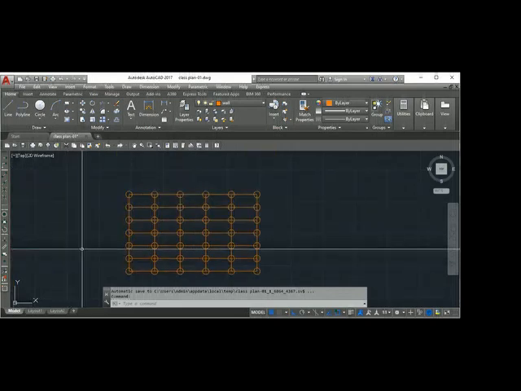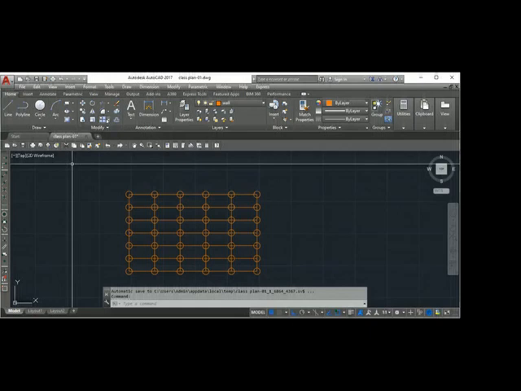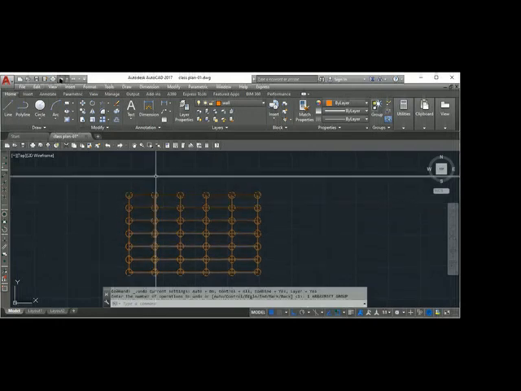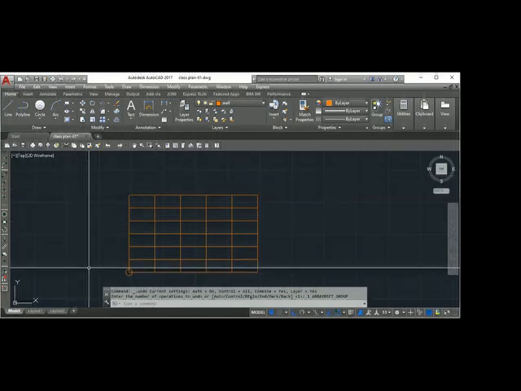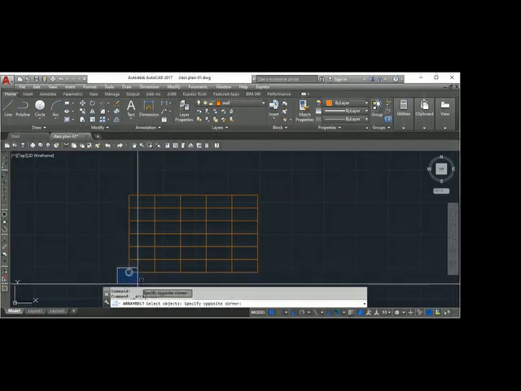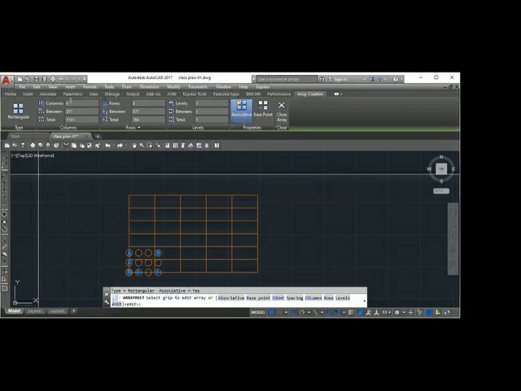Okay, so what are the steps involved? Note down, rectangular array. First you select the object. And enter. Rectangular array. Select the object. Enter. So you get the dialog box. You write number of columns.